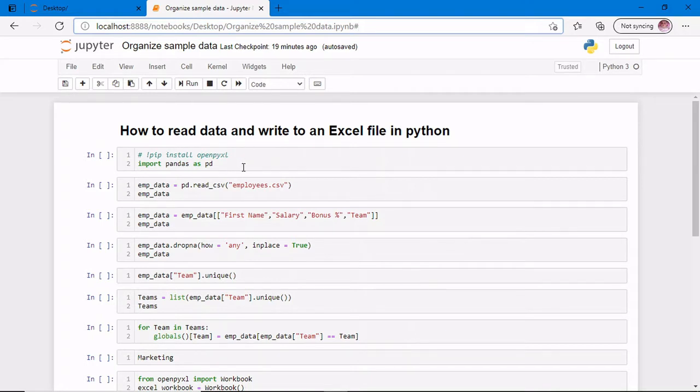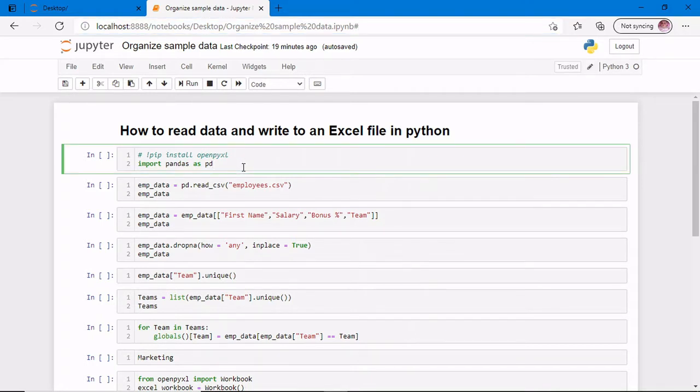So the first step here is to import a certain package called pandas, which is available with Jupyter Notebook: import pandas as pd. So pd is the alias which I am giving to this package. Wherever I am referring to this package, I just need to write the name pd. So the first thing I will do is say pd.read_csv. read_csv is a method that's available inside the pandas package.